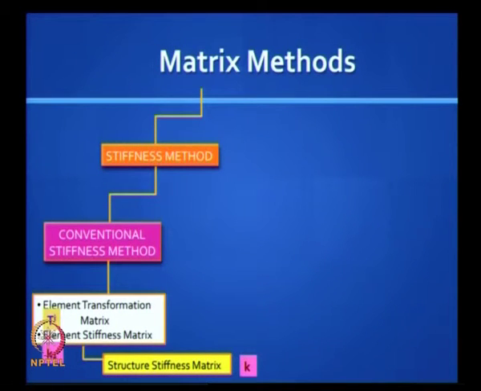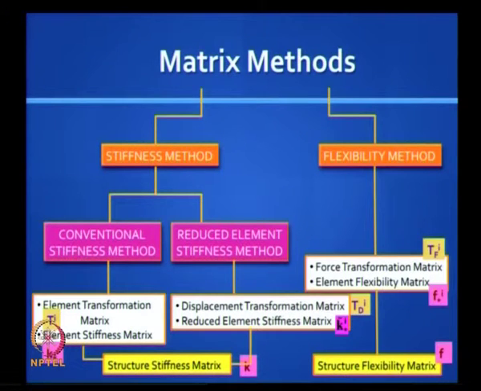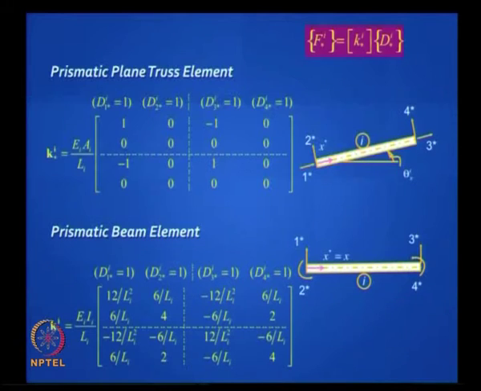So remember, we have got some idea of what the conventional stiffness method is. We are now going to look at the reduced element stiffness method, and we will also look at the flexibility method in the next class. But something is common to these, and I want you to understand. In the last class we talked of 3 element stiffness matrices. One was for a truss element, same as the one I showed on the board. Second was for a beam element, but we said there is a problem with the rank of these matrices.